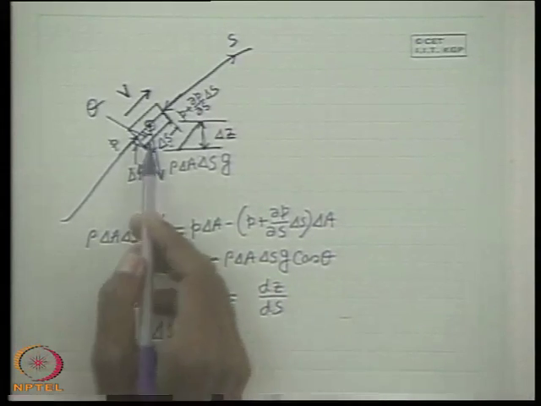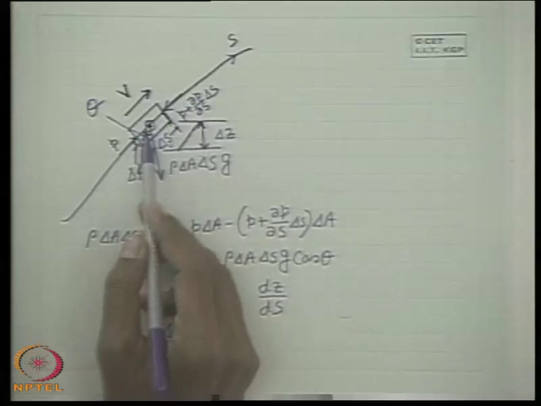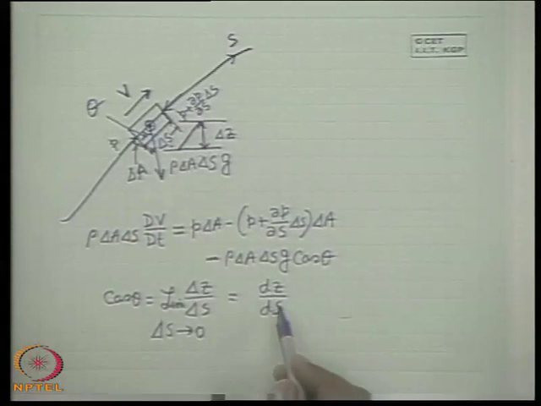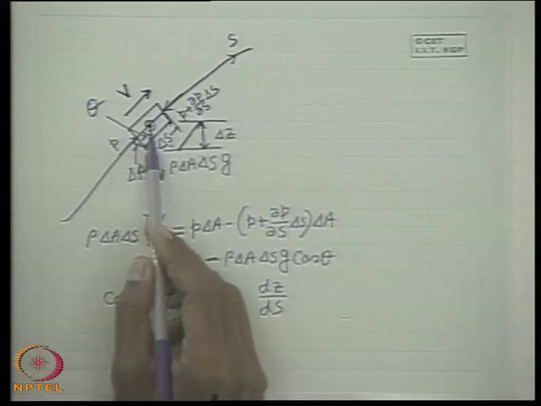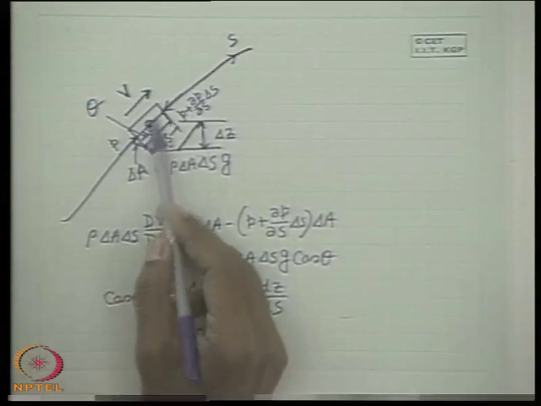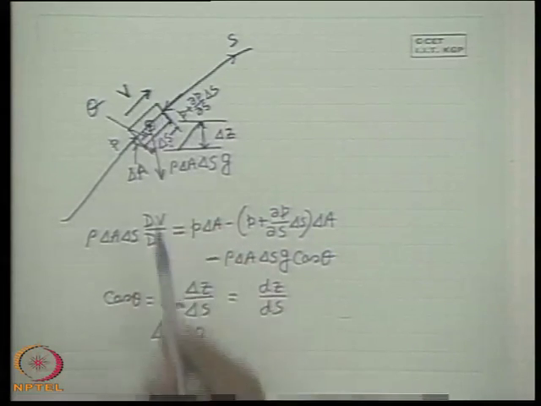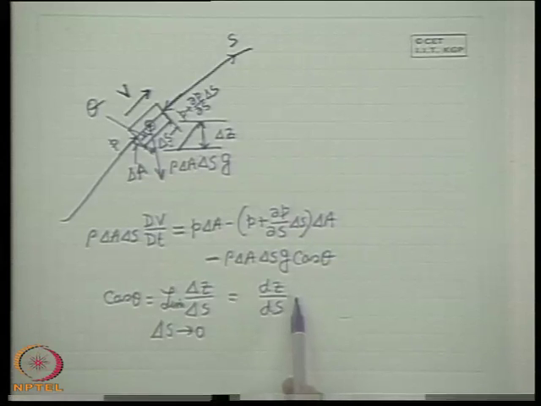Physically this is defined like that, which gets a mathematical shape as dz/ds. That means with the change in s along the streamline, how the z coordinate is changing. With simple common sense we can tell that cos theta, where theta is the angle between the vertical and the direction tangent to the line at any point, is dz/ds, obviously.